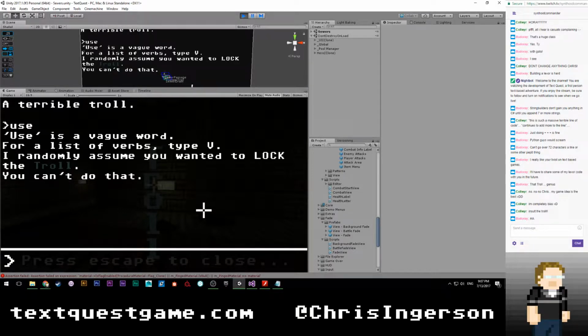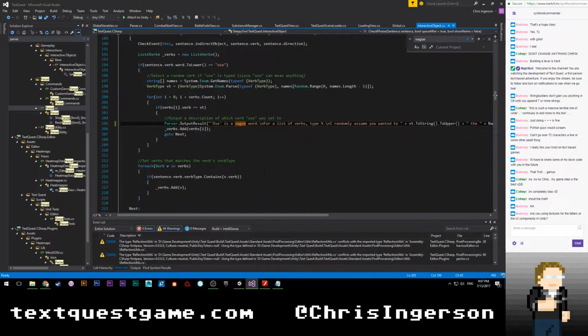No, just to see a list of verbs. Okay. So the textures. Oh boy. Hold on. Let me do this real quick. To see a list of verbs. There we go.